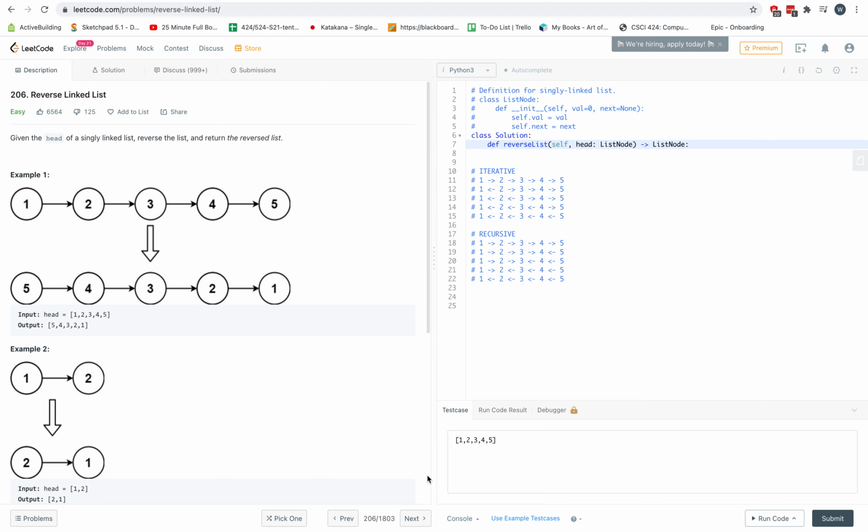The iterative solution requires that you keep track of a previous variable. You're going to use the previous variable to flip the arrows in the linked list. So let me show you an example. If we had the original 1, 2, 3, 4, 5 list, what we would do is go to 2, and then realize that we've been keeping a previous variable, which points to 1, and we're going to use that to say that the next pointer of 2.next should point to the previous variable, which is 1, which is essentially flipping this arrow, such that 2 now